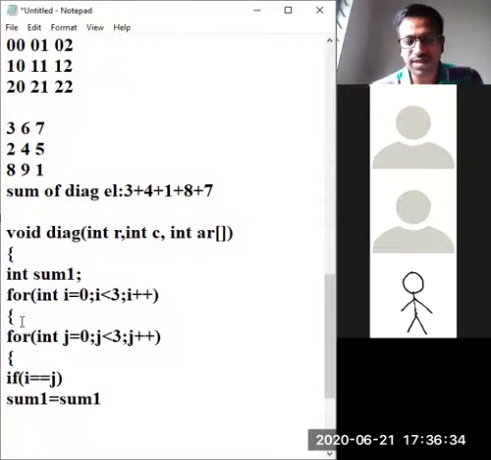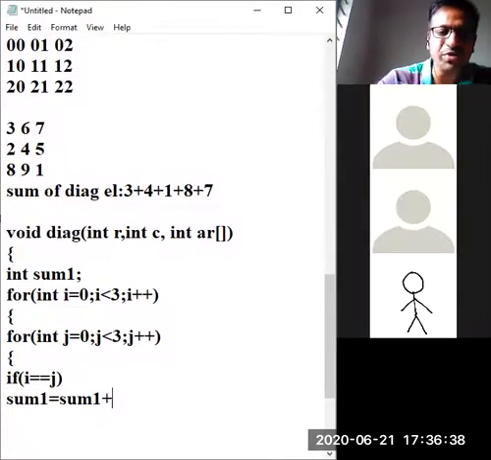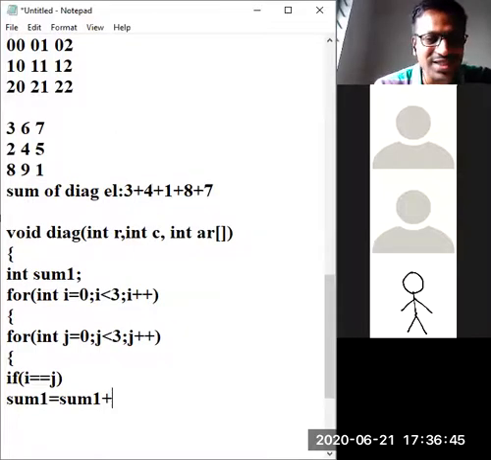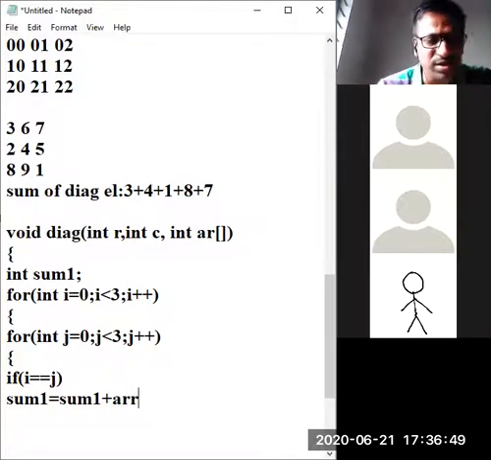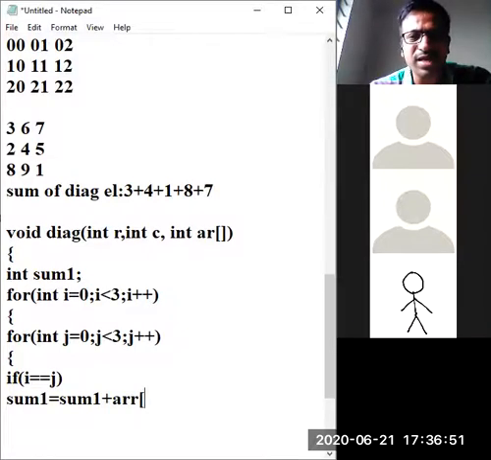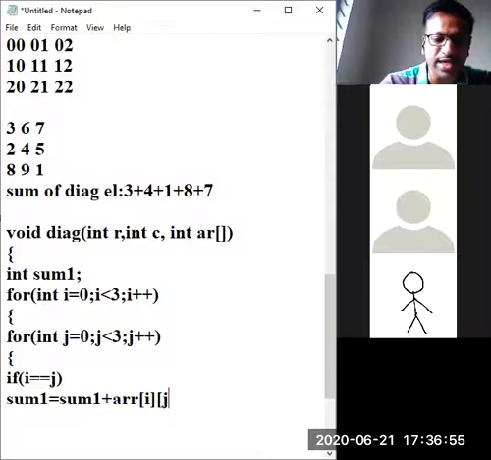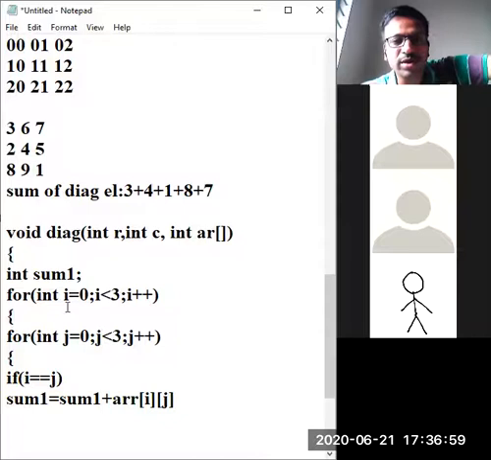Okay, right. sum is equal to sum plus a. See, if you learn one programming language, how easy it is to shift to another language. Daily I am teaching Python, and here I am just missing a semicolon. The technique is the same wherever you go. In a one-dimension array only i is there, but here j is also added now. That's it. So have a close look at the code.